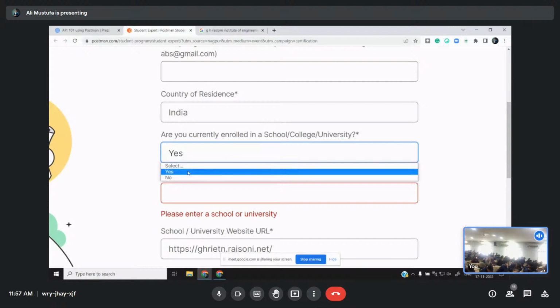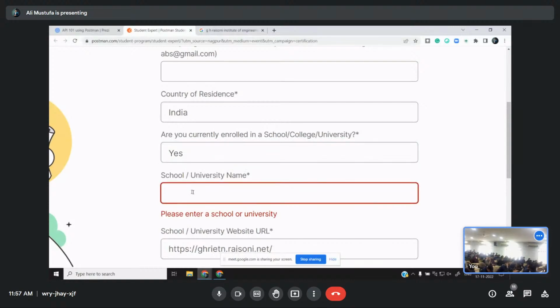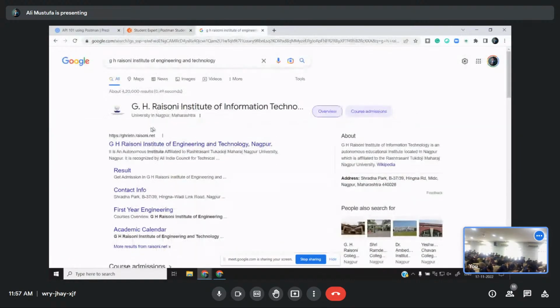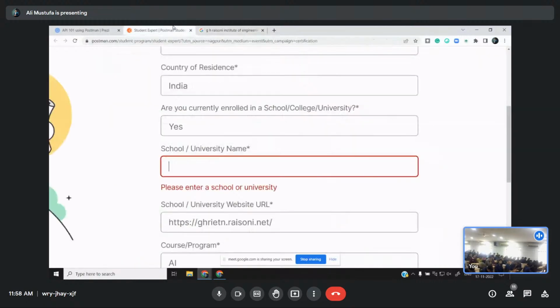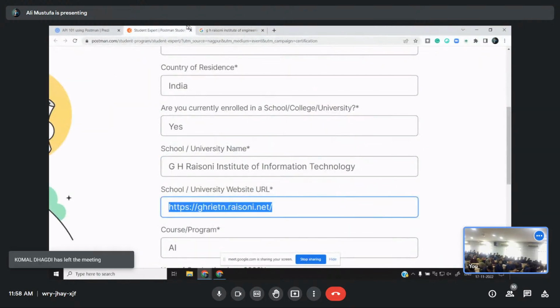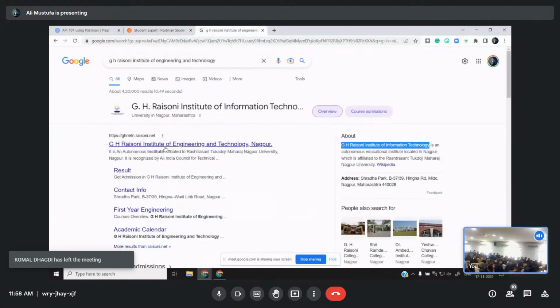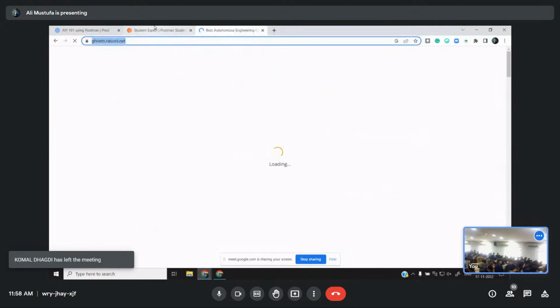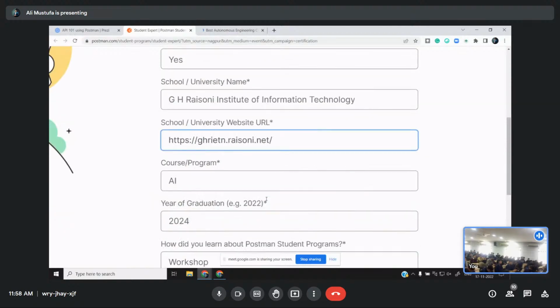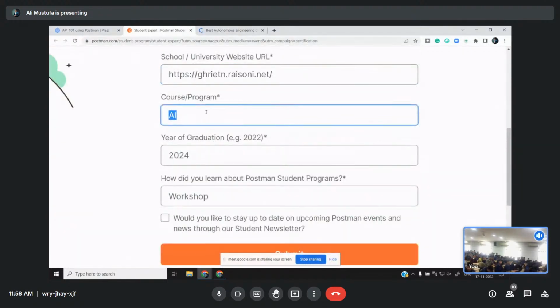I am enrolled in a course, yes. Name of the university is going to be GH Raisoni. GH Raisoni, let's copy that. And then the URL, I am obviously going to get the URL here. So let's copy that URL and paste it here. Program I am part of is computer science. So I'll type computer science.